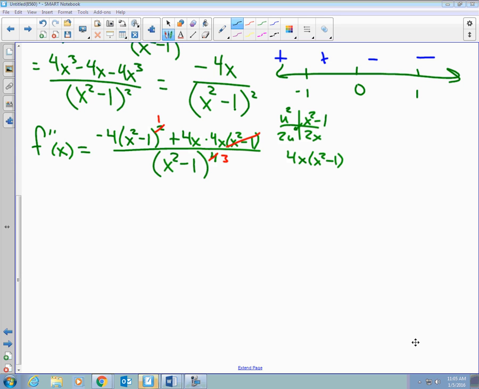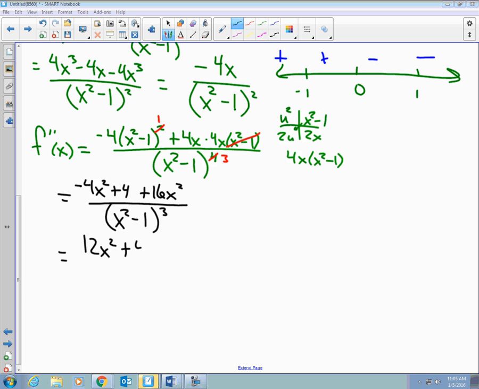You could factor out the 4. It's not going to really do much for us, so I'm just going to leave it there. Negative 4 times x squared is going to be negative 4x squared plus 4 plus 16x over x squared minus 1 to the x squared. Thank you. Off my game. 16x squared and negative 4x squared make 12x squared plus 4 all over